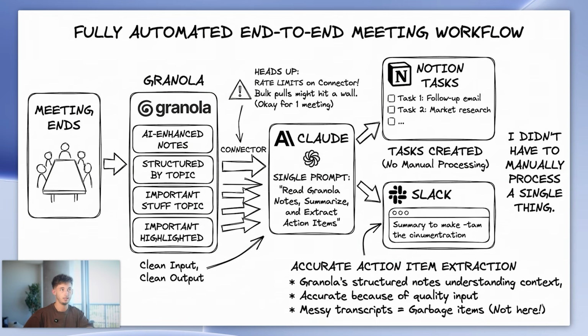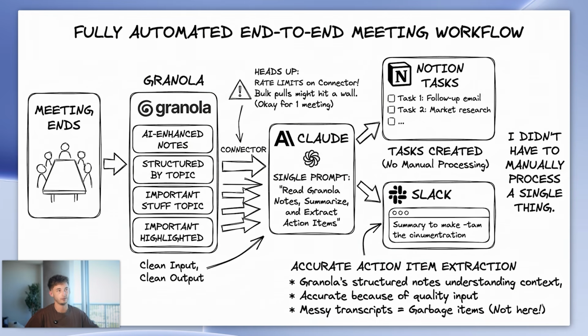So you have the meeting ends, Granola is then going to produce the notes. I give Claude one prompt and it handles everything for me. So you can see how easy that is. That took maybe 5 minutes, and it's crazy to see where things have changed, where just a few months ago you had to set up an entire end-to-end flow. Now it does everything for you. So you'll have the Notion task getting created, Slack will get the summary, and I didn't even have to manually process a single thing. And I think that comes down to the quality of what Granola actually produces,